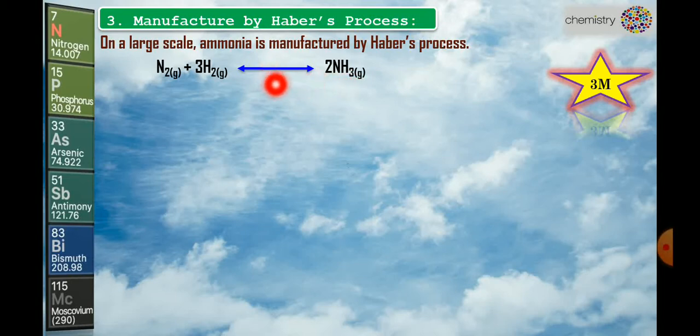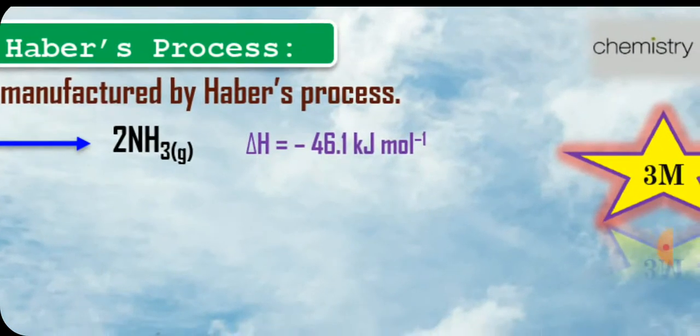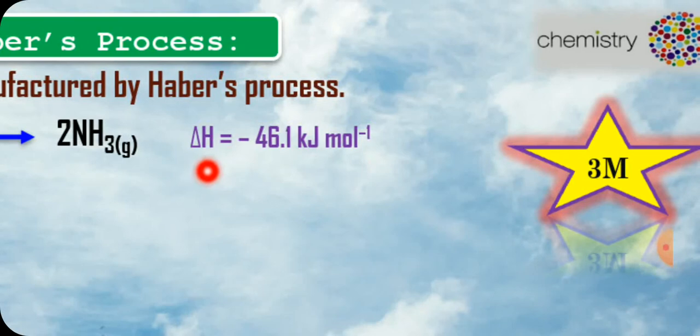The process is reversible. There exists a dynamic equilibrium. Okay, this formation of ammonia by the combination of dinitrogen and dihydrogen is an exothermic reaction because look here, delta H value is equal to minus 46.1 kJ per mole. Okay, here this negative value indicates what? So there is a heat liberation. So it's exothermic. During the formation of ammonia gas, there is a liberation of 46.1 kilojoules per mole of energy.